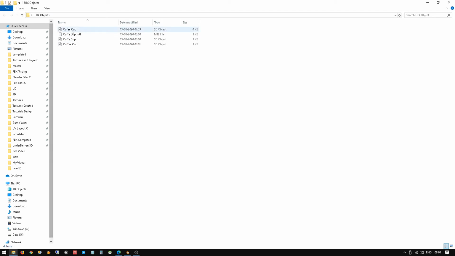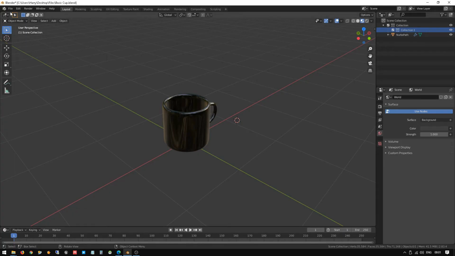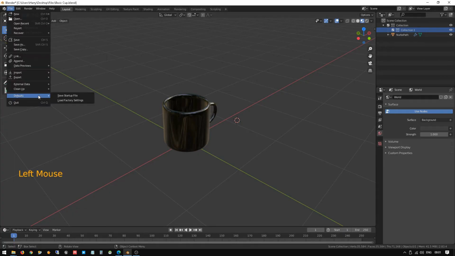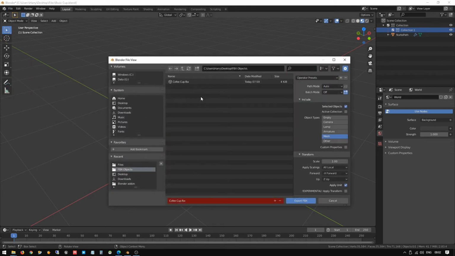Okay, so here we are having the different kind of objects. So I just do it once again, FBX, the same location. Yeah, it's done already, so no need to worry about it.